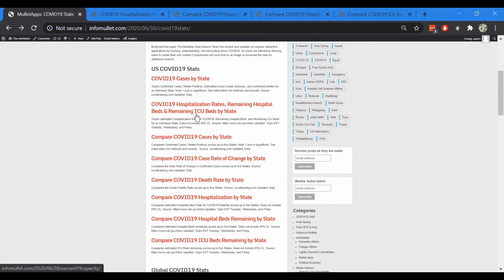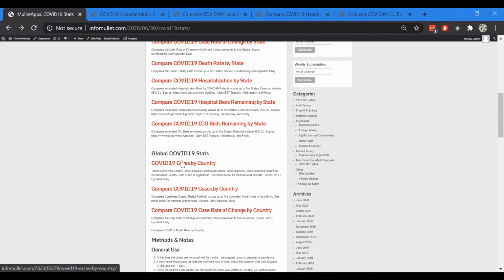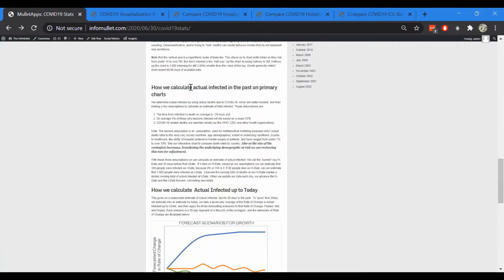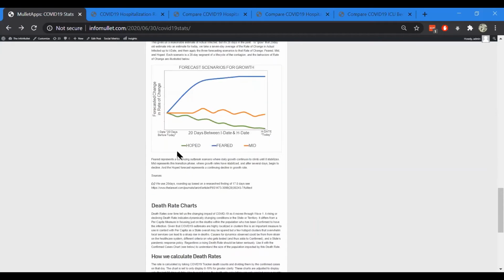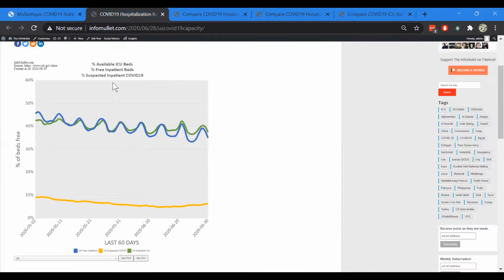This is a new one we're going to go into. You can do comparisons by states. We also have global stats. It has all the methodology and how we calculate this and all the fancy stuff there. But what I wanted to show is one of the new features we've added: we now track statewide and at the national level the availability of hospital beds and ICU beds remaining, so we can track this